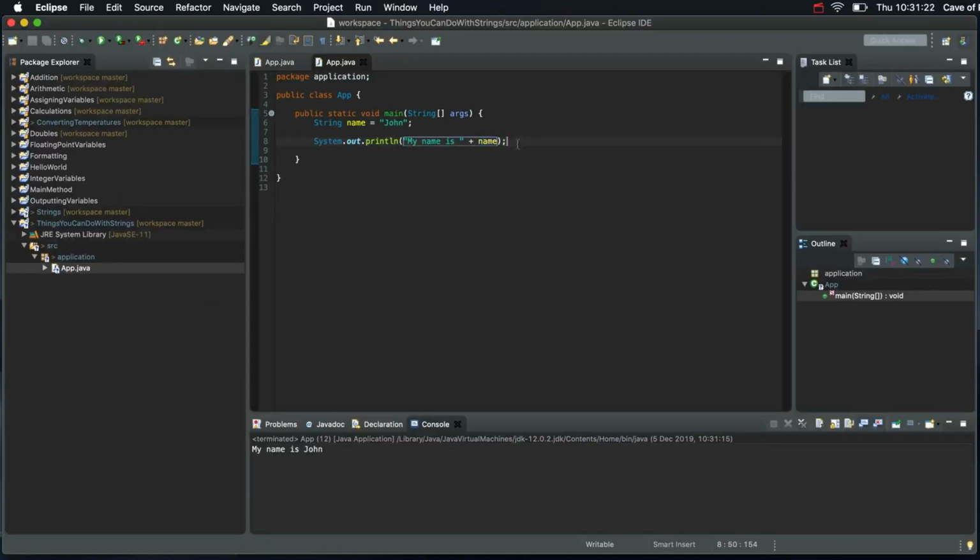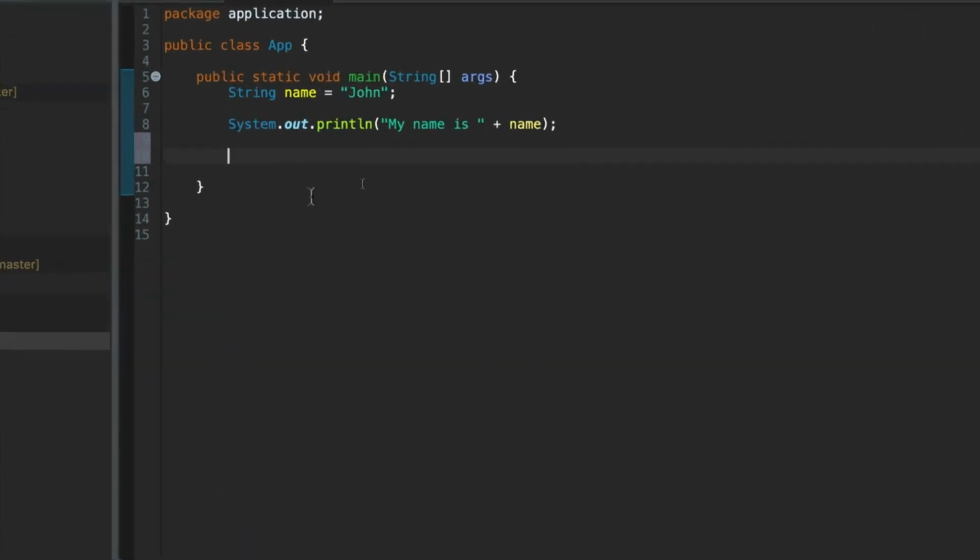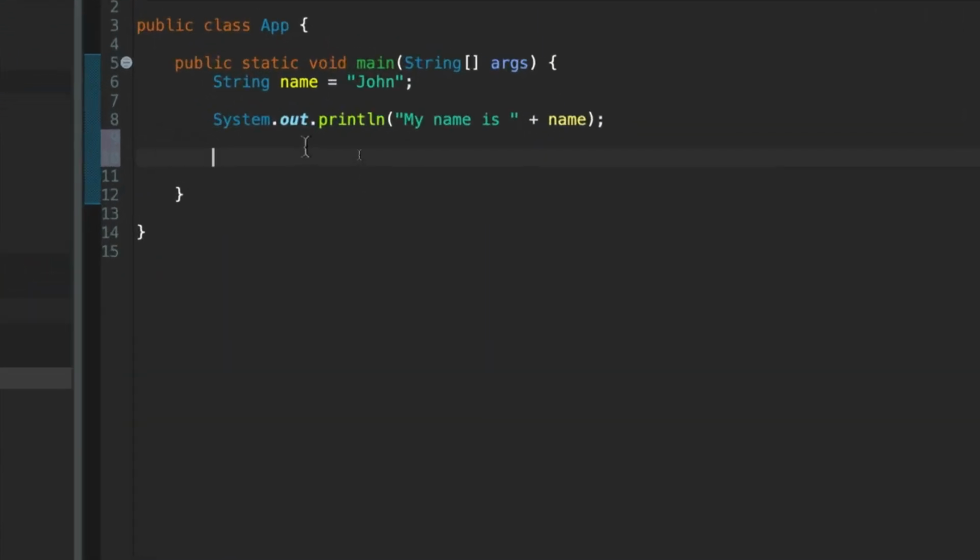We could also define a variable, declare a variable, I should say. I'm trying to use the exact right language here. We could declare a variable that refers to a string literal like this. So let's do that. Let's say string text, I'll just call it text. So I'm just making up names for my strings here. Equals,